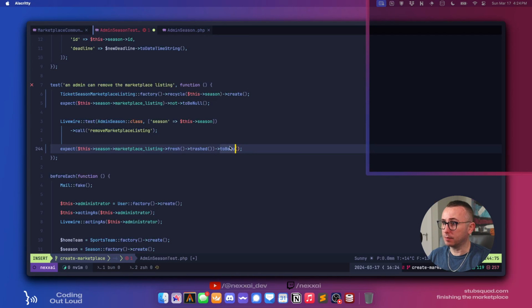Yes, we can do this kind of check. Okay, so that passes. Okay, so it knows it's trashed. It's returning it anyways. Okay, so what else we got?